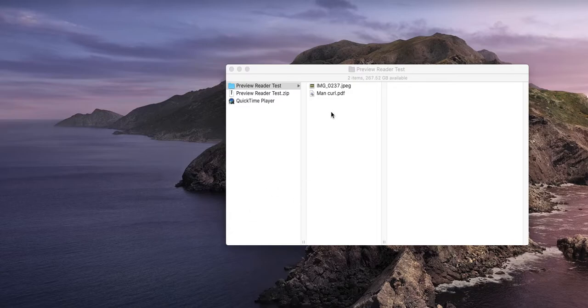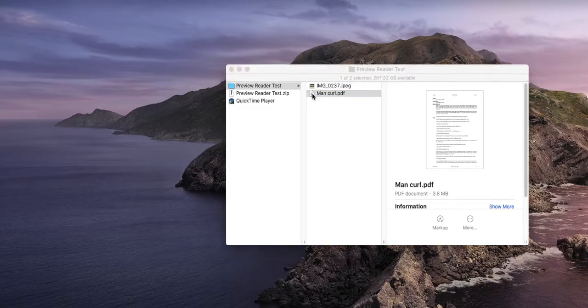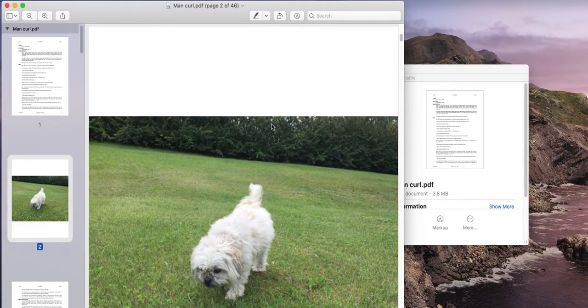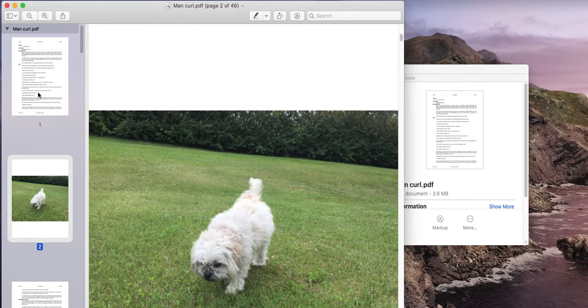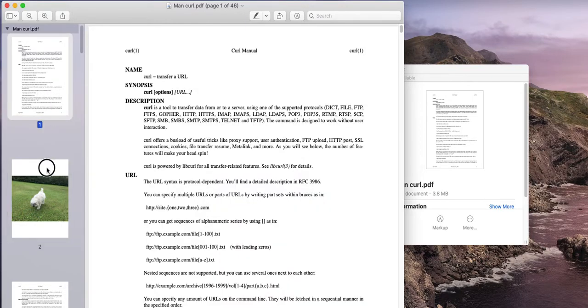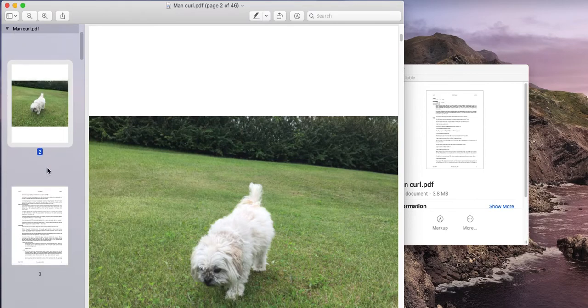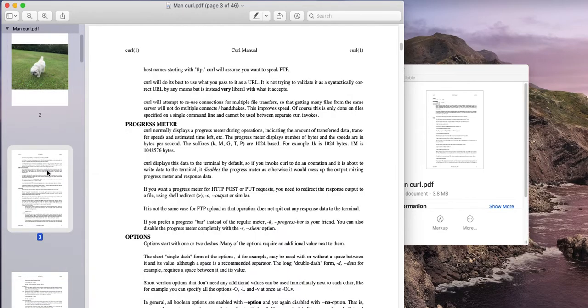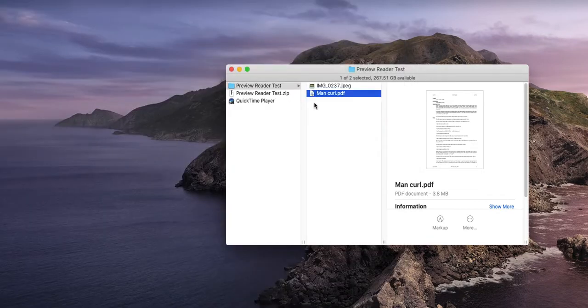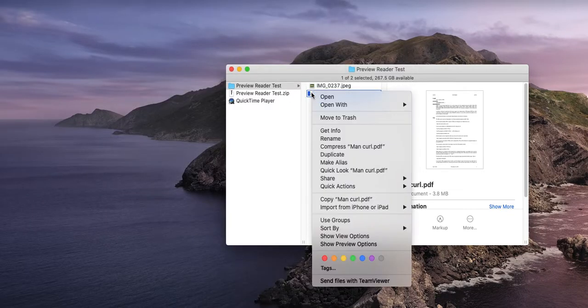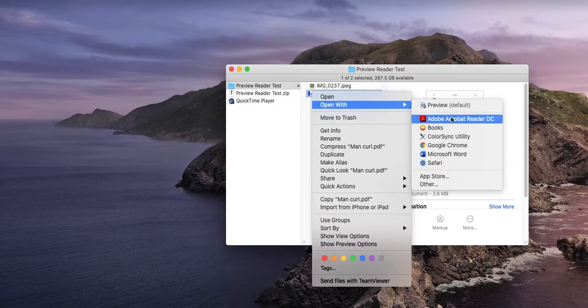So right now I have a damaged file, and if I double click on it, my default is to open using Apple's Preview, and you can see I have text on the left hand side. I can click on these thumbnails to switch to the different pages. So I'm just going to quit. I'm going to take the same file, right click, and say open with Acrobat